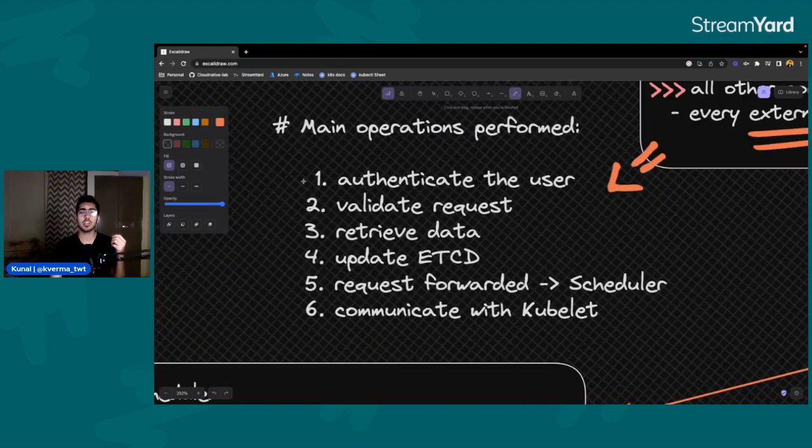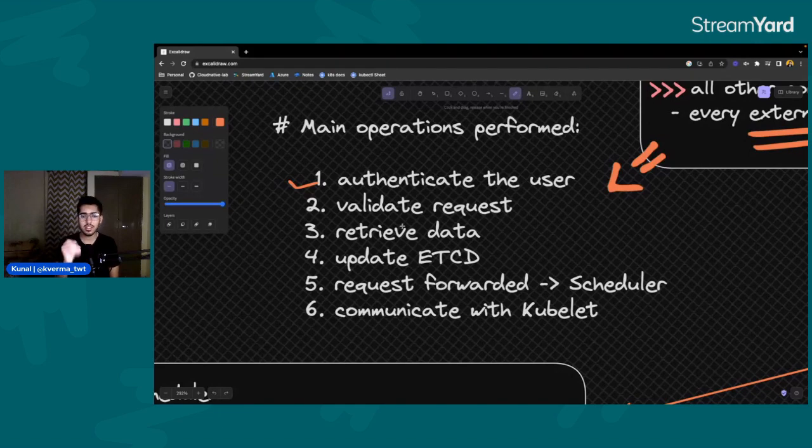So whenever a request is received, firstly it will authenticate the user who has sent the request. This is a very important step. We'll understand more about how it authenticates. There are two terms: one is authentication, and the other one is authorization or validation. So authentication means, is the right user sending the request? This is the first one. Is the user who's sending the request a genuine user, or not a hacker or some kind of proxy server sort of thing?